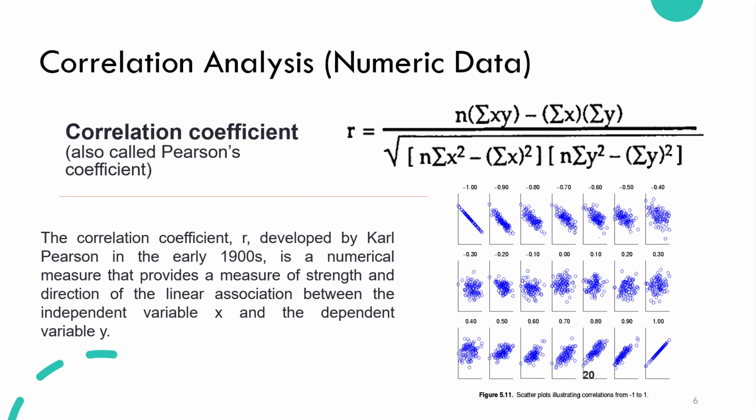Let's talk about correlation analysis here. The correlation coefficient r was developed by Karl Pearson in the early 1900s. It is the numerical measure that provides the strength and direction of linear association between the independent variable x and dependent variable y. If you suspect a linear relationship between x and y, then r can measure how strong